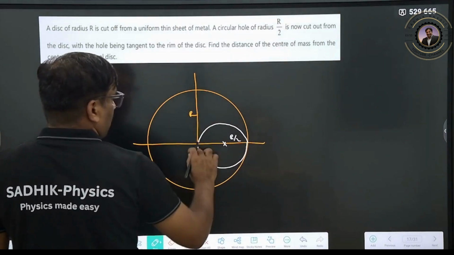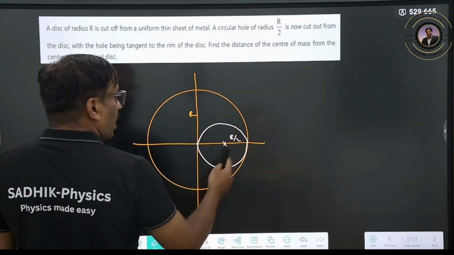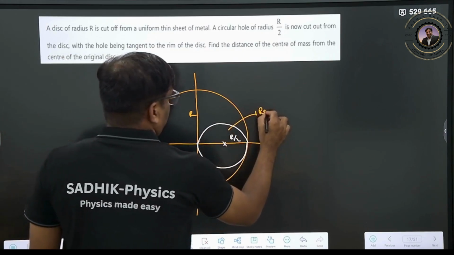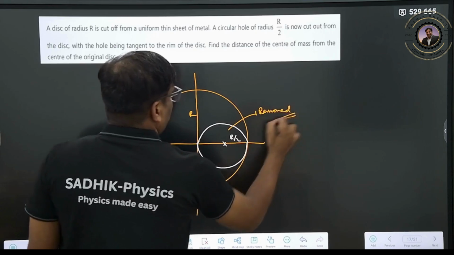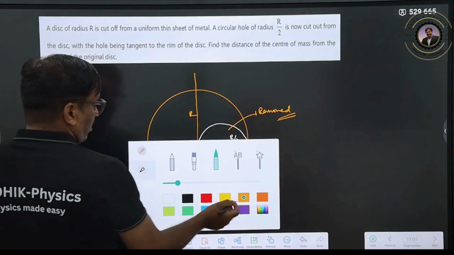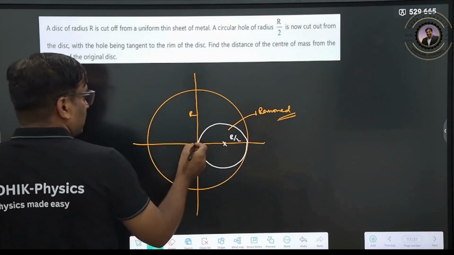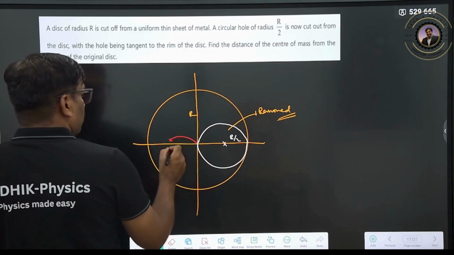This radius is r, and this distance is r by 2. We are cutting into this, so this part is removed. When this part is removed, what will happen now? The center of mass will always be shifted toward the heavier mass side. So the remaining part is there, therefore the center of mass will shift toward